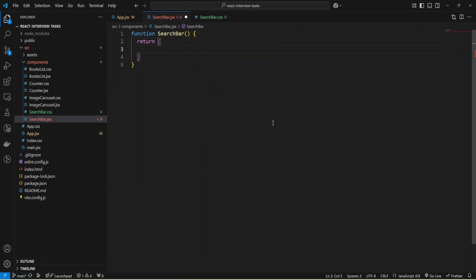I'll create a div and add the class name search-bar, and this div will be a container for our task.